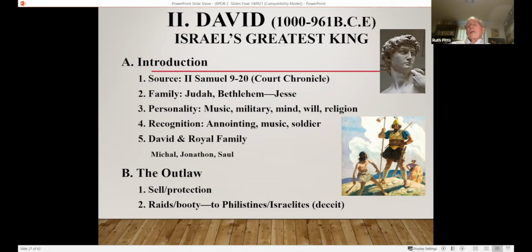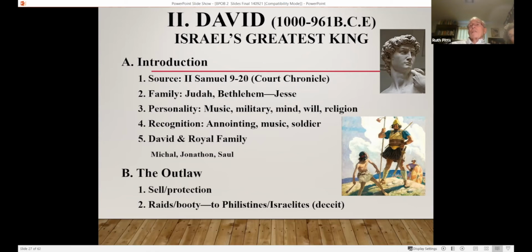At first, he was on the run because Saul was after him. And so he and his buddies would sell protection, kind of mafioso style. You know, they go up to a rancher and say, "You have a lot of wonderful sheep here. It'd be terrible if something should happen to some of those, but we can guarantee it won't if you'll give us such and such." So it was kind of what we would call a shady operation at that point.